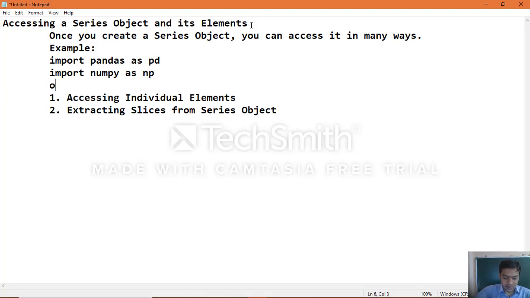Now we'll create obj5 equal to pd.Series of data equal to 31, 28, 31, comma index equal to Jan, Feb, March.